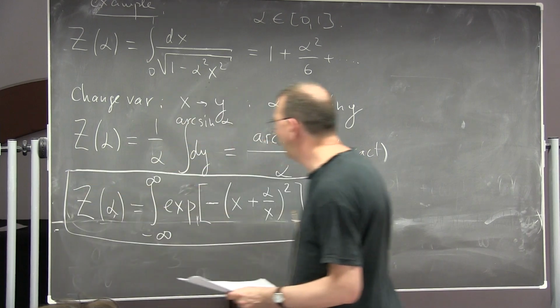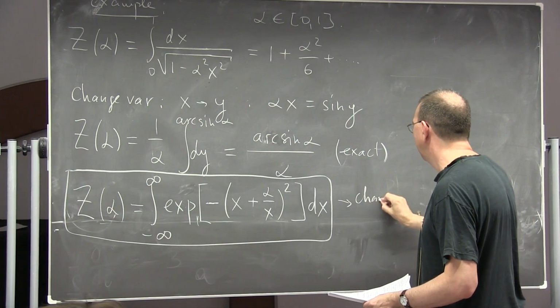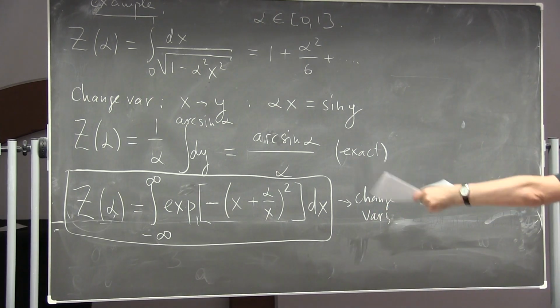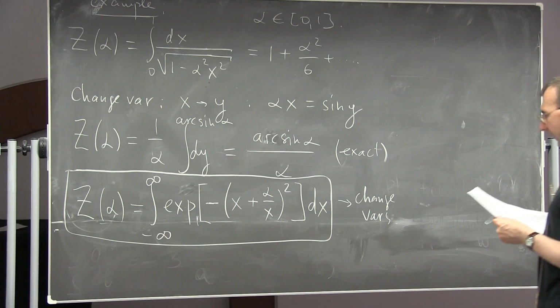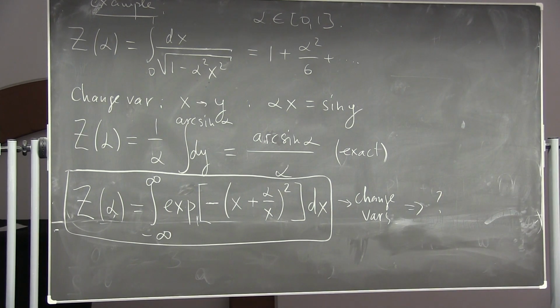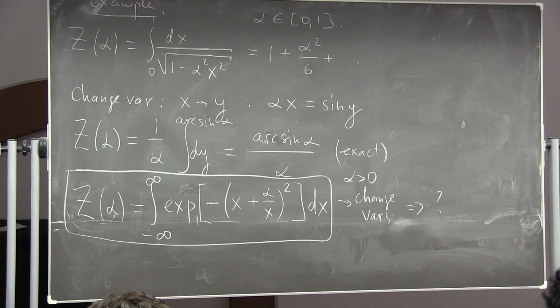All right. So the exercise for you is to use change of variables. In fact, you need to do it twice for this integral and find the answer, right? So answer without Mathematica or any computer, just by hand. So change variables in the appropriate way. Okay, let's for definiteness take alpha greater than 0.